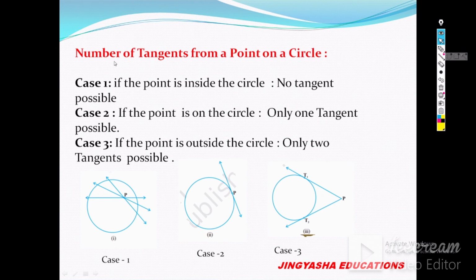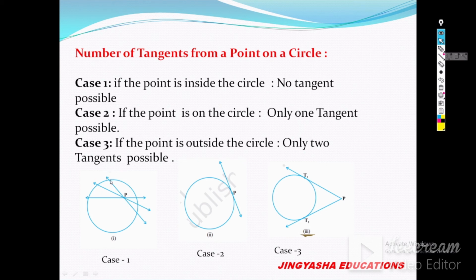Now we will see how many tangents from a point can be drawn to a circle. So the point, and now let's discuss all the situations where a point can be situated. One situation can be that the point is inside the circle, another that the point is on the circle, and another that the point is outside the circle. So in case 1, that is situation 1, if the point lies inside the circle,